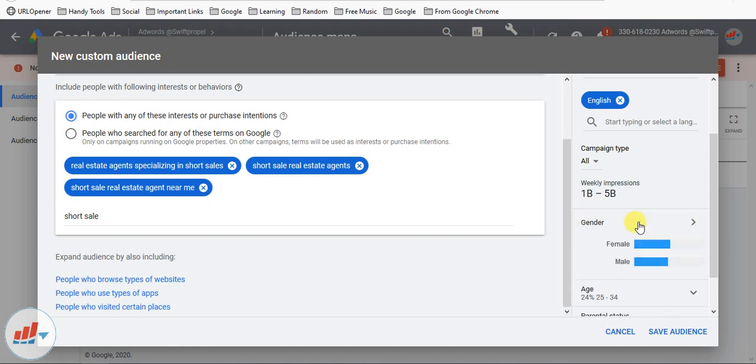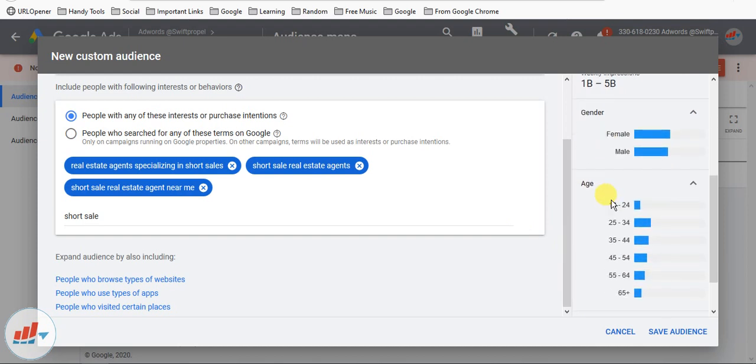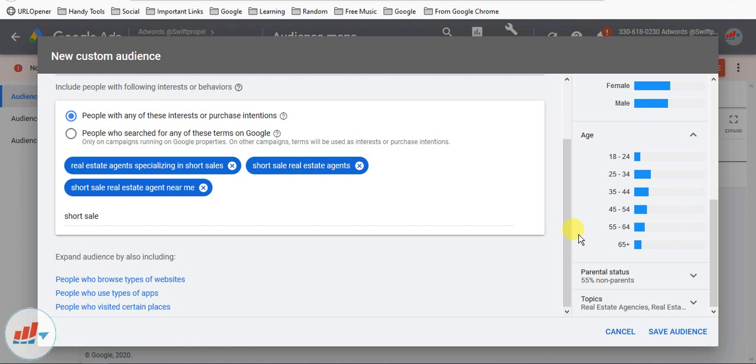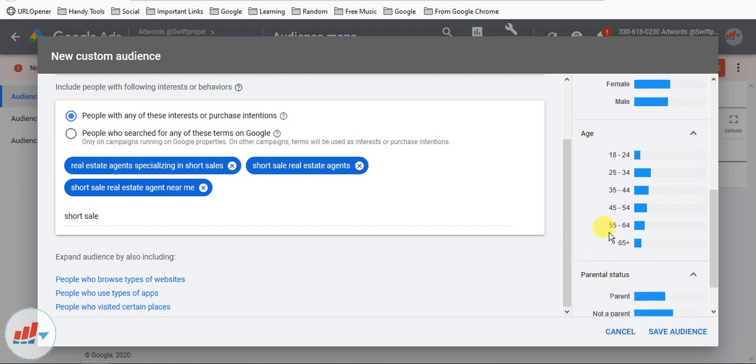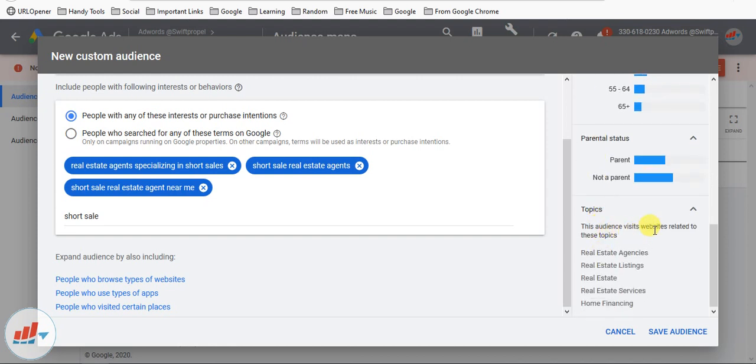Gender: for this particular interest there are around 52% females who show interest in these kinds of searches. Age group: again, this tool is quite similar to the Facebook audience insight tool. Here I can see that this particular age group is showing more interest in these kinds of searches. And parental status, non-parents are showing more interest. Topics: the audience visits websites related to these topics. So I can save this audience